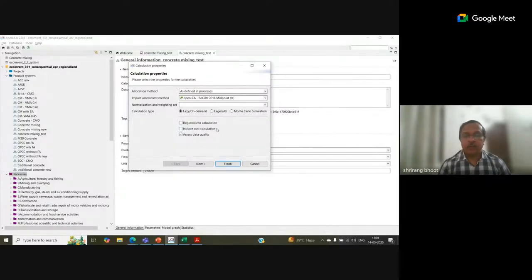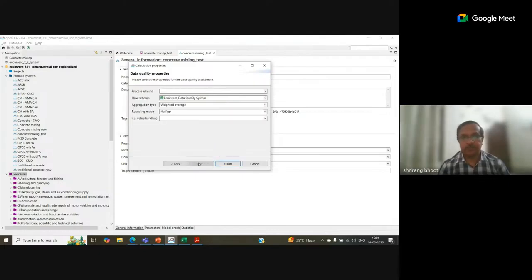The include cost calculation option is also available, but I cannot use it because we haven't added the cost. If we have the cost details, we can include the cost calculations in the life cycle assessment. Then you can see the flow schema is already the Ecoinvent data quality system, which has been selected because we are using the Ecoinvent data quality system. And the aggregation type is weighted average. I click on finish here.